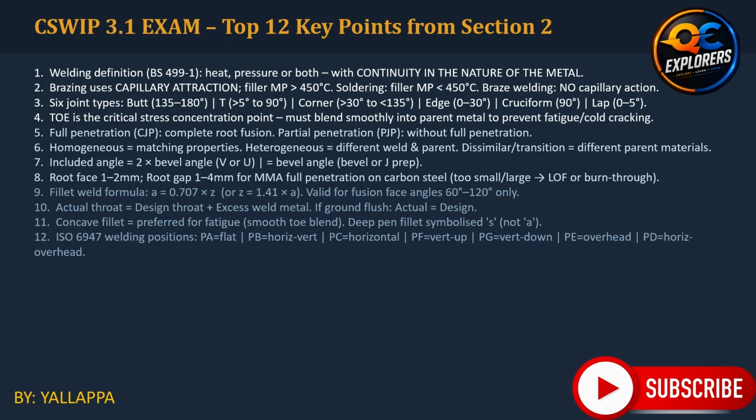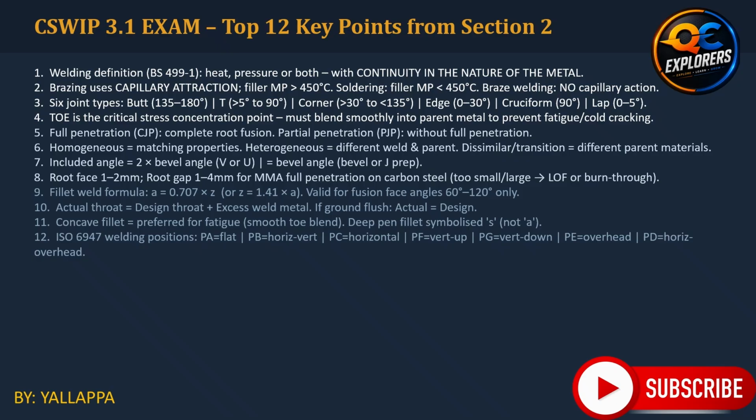At this point, I recommend closing your notes. Try to reproduce these 12 points from memory. Then take a blank sheet of paper and draw a butt weld and a fillet weld. Label the parent metal, weld metal, HAZ, fusion line, toe, root, weld face and excess weld metal. Next, write the fillet weld equation and solve one example in each direction. Finally, write all 7 ISO position codes. If you can perform those tasks without referring to the presentation, you have developed a much stronger foundation than simply